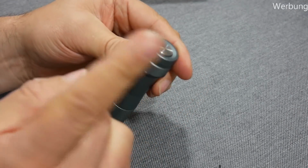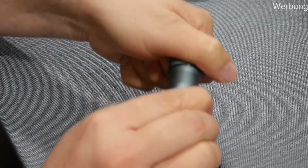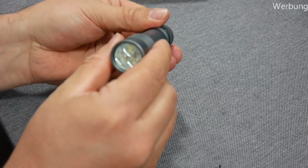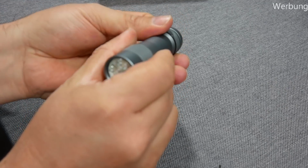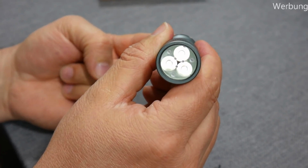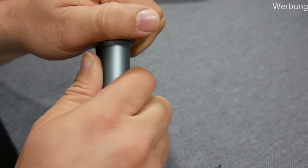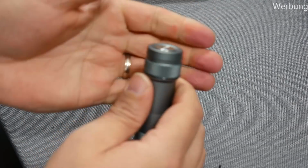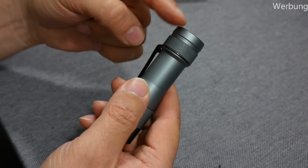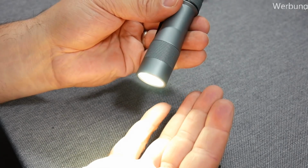And I found another small thing. If the switch is not tightened enough, but in some kind of a funny state in between, you see, there is a momentary flicker in low. Don't be afraid, nothing is broken. It's just a small, really small turn is needed to make a proper connection, and then the flashlight works as